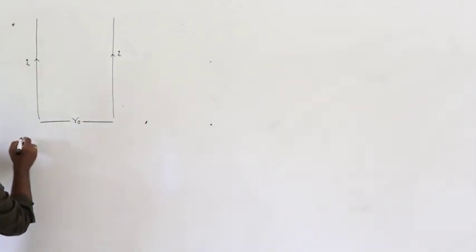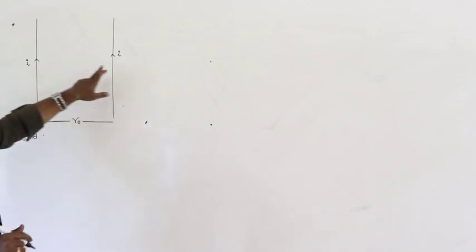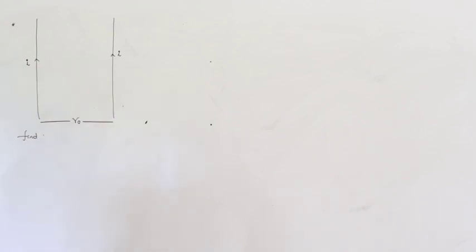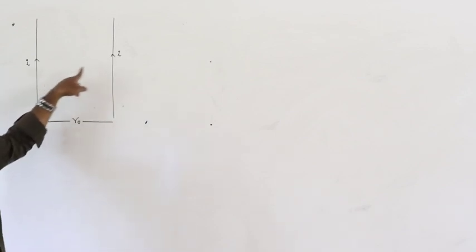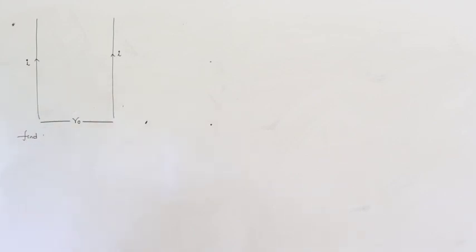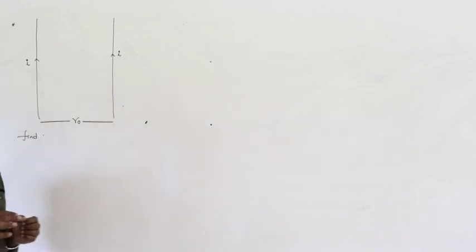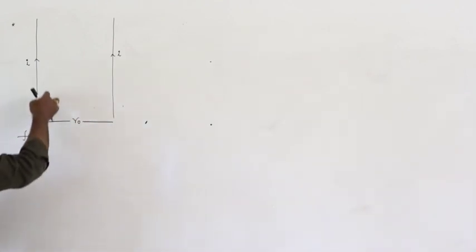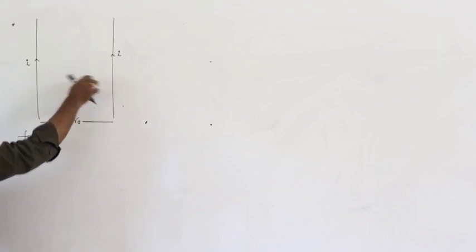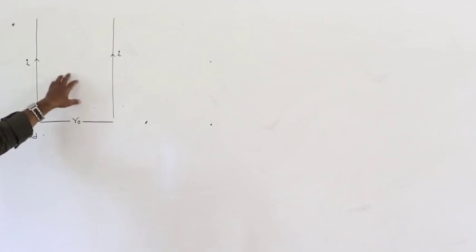Now the main thing here is that the current on these two conductors is I, acting in the same direction. If the currents are in the same direction, what is the direction of the force? Attractive or repulsive? Attractive force. Current passing through the two conductors is in the same direction, so the force is attractive between these two conductors.